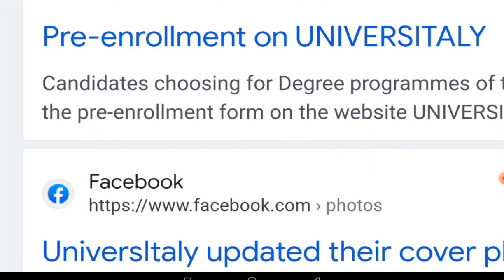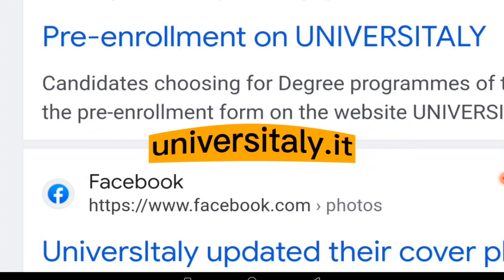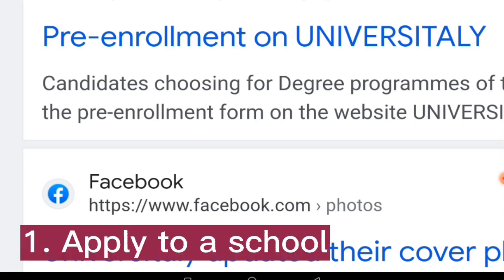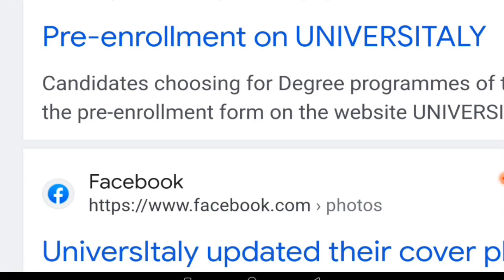Now let's take it one after the other. Pre-enrollment on the Universitaly website is one of the major things that you need to do if you want to apply to any Italian university. The first thing you have to do is not the pre-enrollment. You have to do research, know the university that you want to apply to, know the type of program or degree you want to apply to. Then read all the requirements, put all your documents together, then apply to this university,